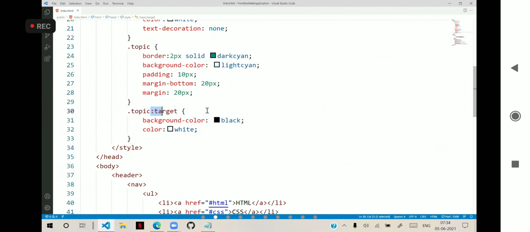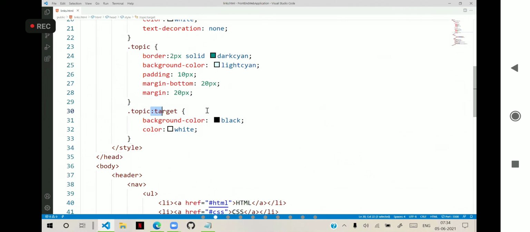Next, now we will see inter-document navigation. Inter-document, from one document to another, how to handle the navigation. Actually, to handle the navigation from one document to another document, same. So, inter-document.html.